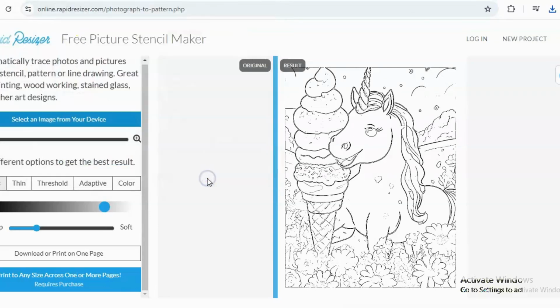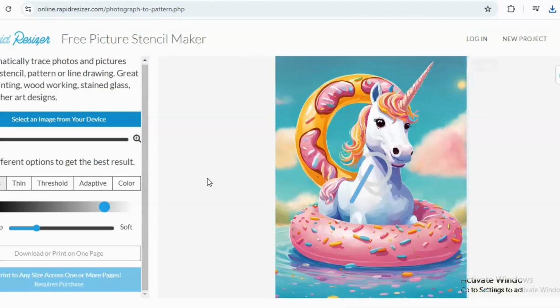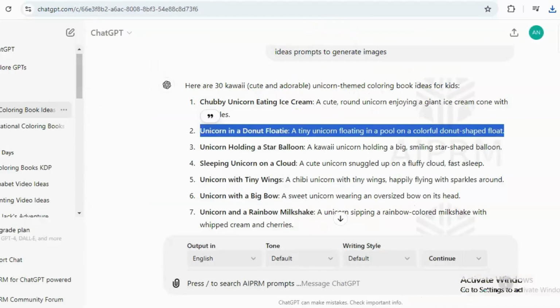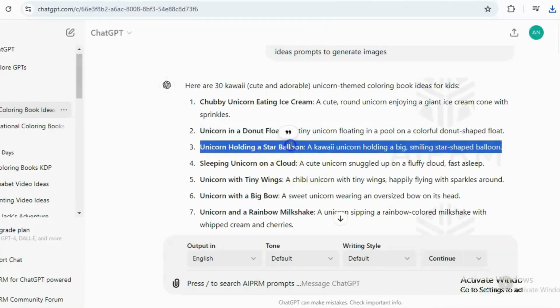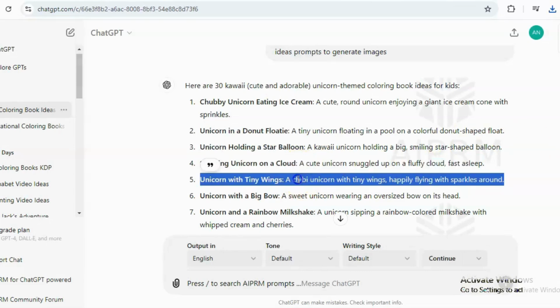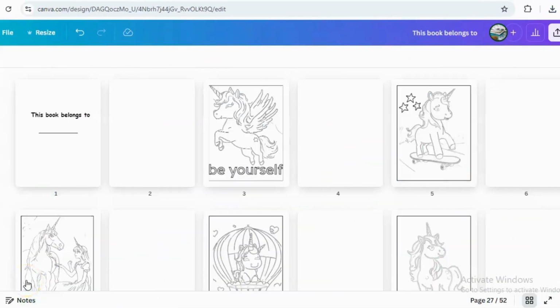So here we have it. So let's see the outcome of this one. This is not so good. So we can change the prompt. It's to do the same process. Generate the image from Magic Media, then download it, then go back to online resizer and then animate them to